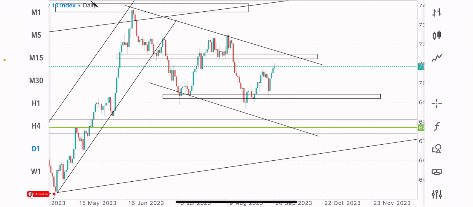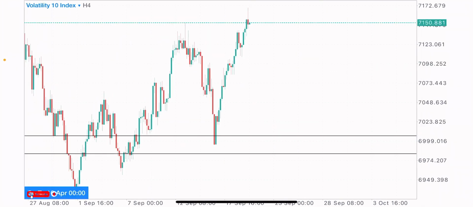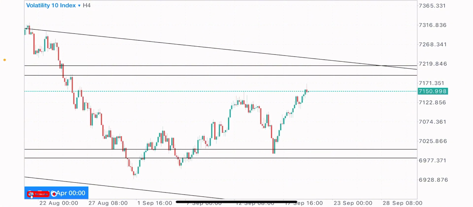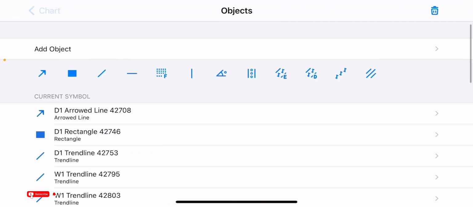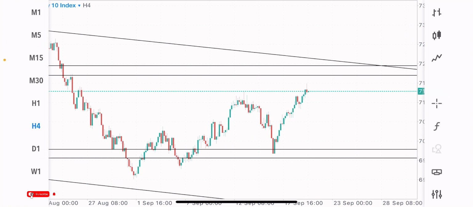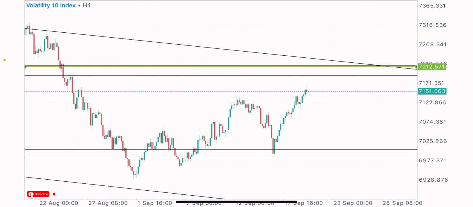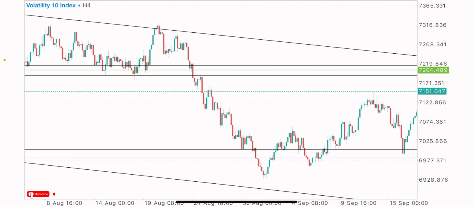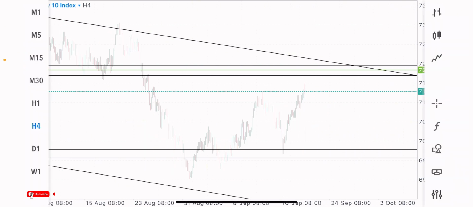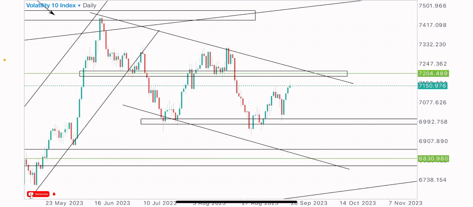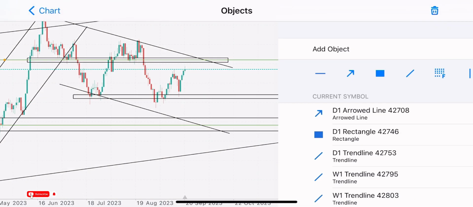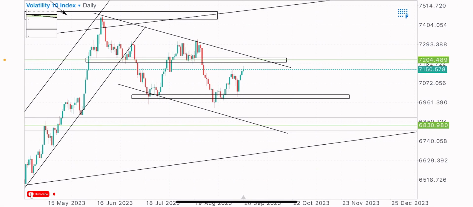I'm looking to short V10 index on the lower time frame. Also watching closely on market progression on the lower time frames, like the 4-hour time frame, the 1-hour time frame, and the 30-minute time frame, to look out for sell opportunities. Possibly the 50-minute time frame too. And for more confirmations on this identified sell level, we'll bring up our Fibonacci retracement, from the swing highs to the swing lows,